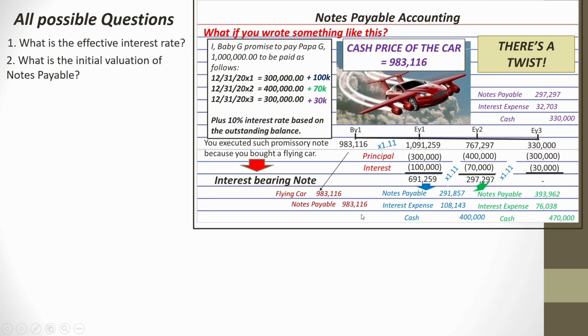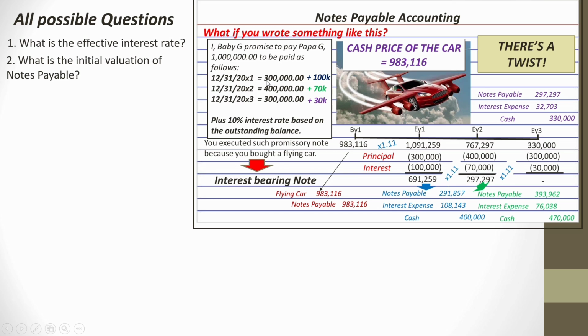But before we go to question number 3, related to question number 1 and 2, let me add something. Let me tell you that sometimes the effective rate is given. And if that's the case, you don't need to do an interpolation and trial and error. So what will you do? You just have to use the effective rate that was given in getting the present value of these payments. So for example, if we are talking about this problem, if 11% was given as the effective rate, then